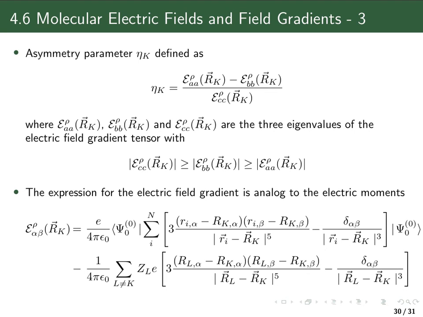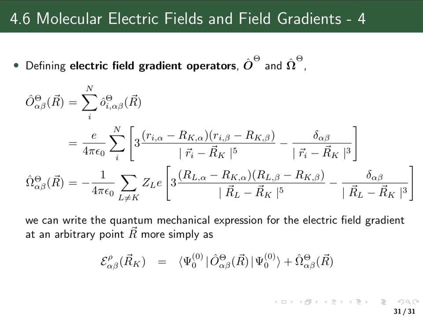And we can then also define corresponding operators, where we can define an electronic electric field gradient operator, O theta, and the corresponding nuclear operator, which is then omega theta, which essentially is the same, except that now summing over the electronic position vectors relative to the observation point, which is here the position of nucleus K,